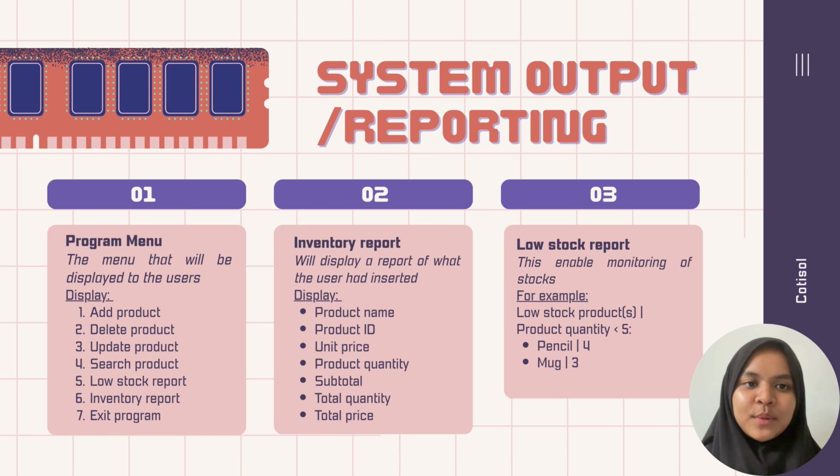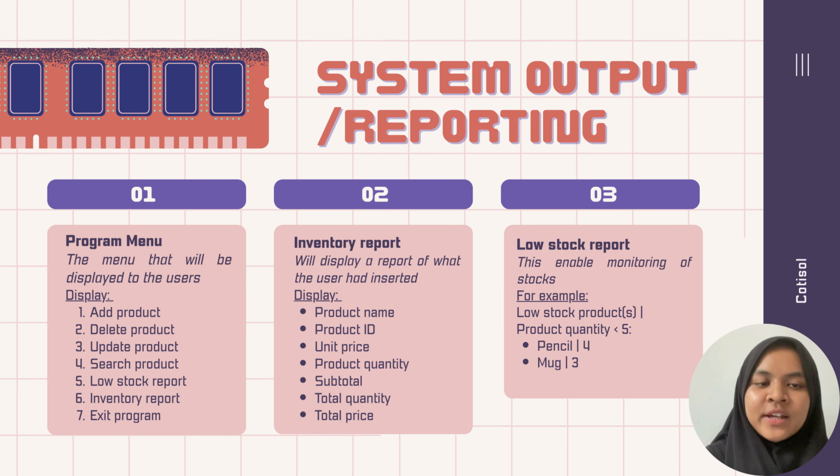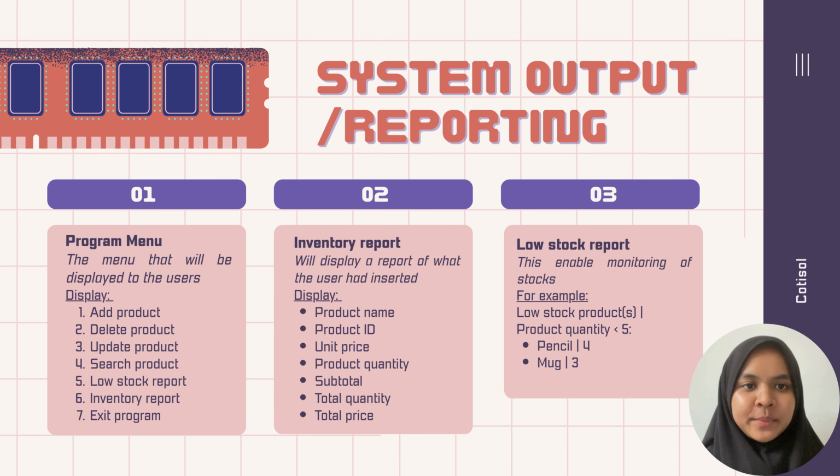Take a look at the system output or the reporting for our project. First and foremost, we have our program menu, and this is what will be displayed to the users once they have started our program and entered the correct password to have access to our system. So once they have entered the menu, there are 7 different options that they can choose from, which are to